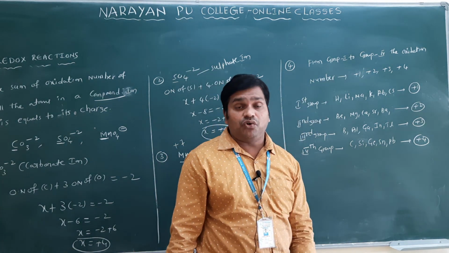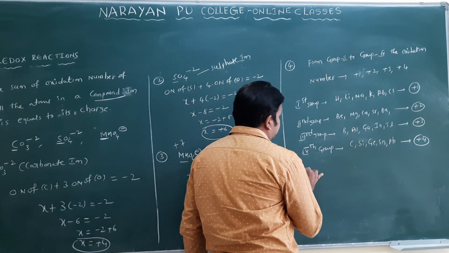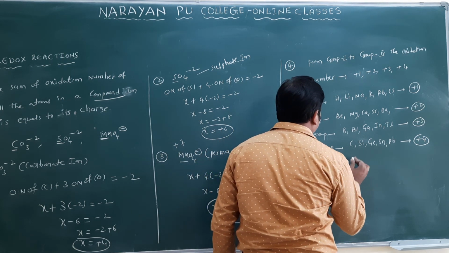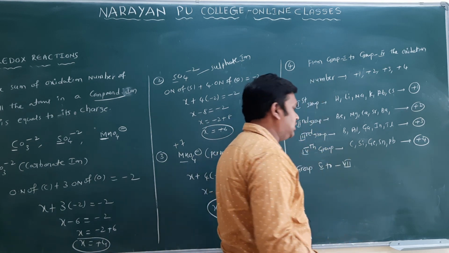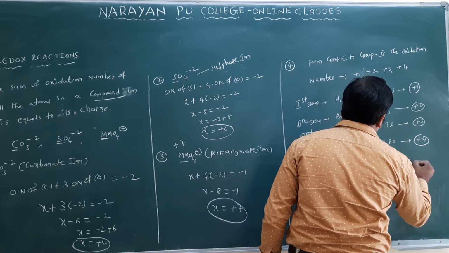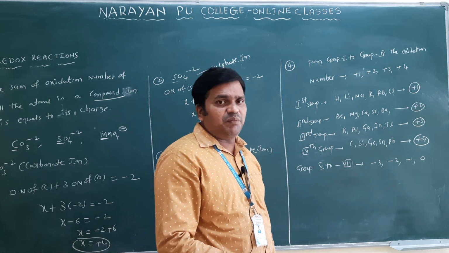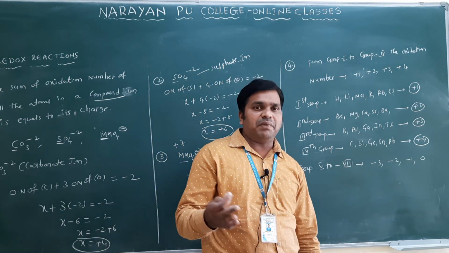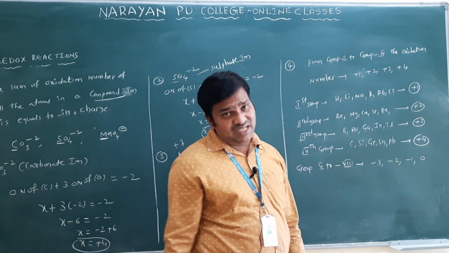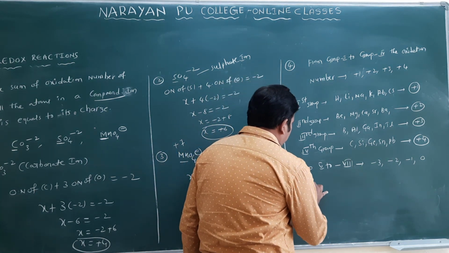So up to +4 we discussed. What about 5, 6, 7? If you write from group 5 to group 7, or in the 8th also you can write, here group 8, what will you get? -3, -2, -1, 0 you will write. What are the -3? -3 is particularly for fifth group elements, -2 particularly for the sixth group elements, -1 particularly for the halogens only, and 0 for what? Noble gases only.